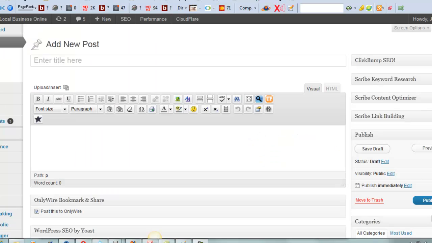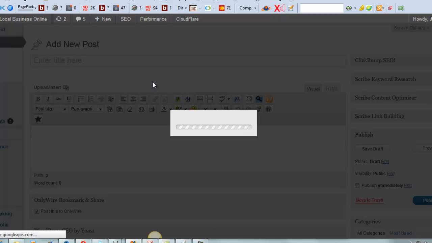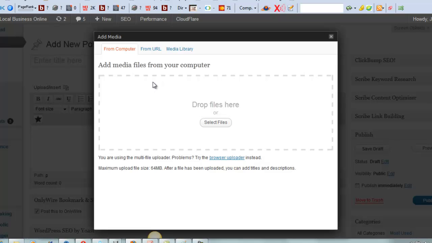So here we are in my blog, and I'm going to show you how to upload an image. It's really simple. Just click on the little camera, add media icon here, and you'll get a pop-up box. My computer's rather slow, I've got far too much going on it. So this is the standard add media pop-up box.